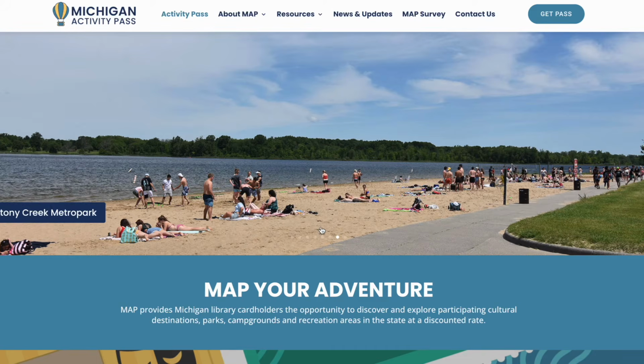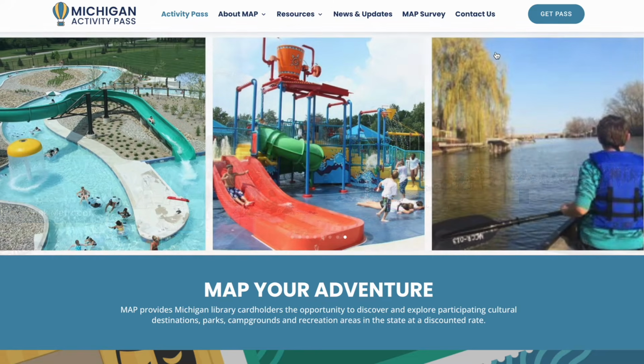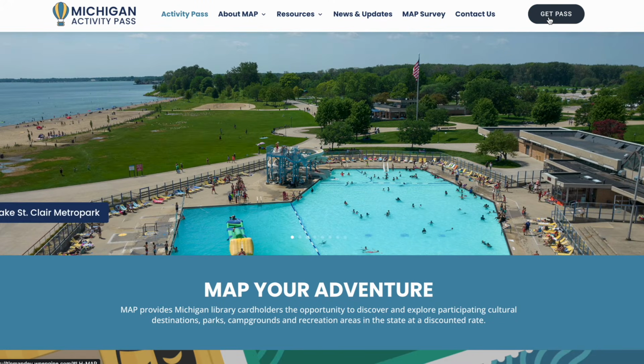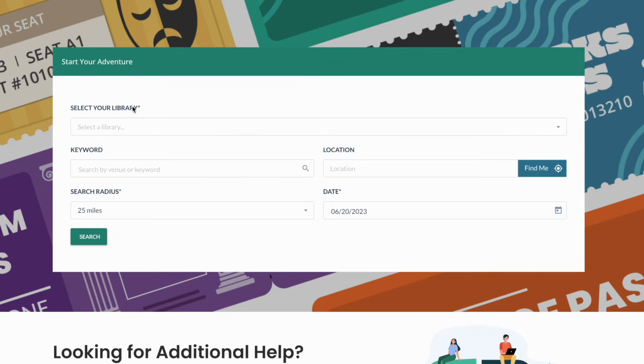Today we're going to learn how to reserve your Michigan Activity Pass. The first thing you'll do is remember that you have to have a library card. So head to your local library if you don't already have one. The next thing is on the Michigan Activity Pass website, you'll click Get Pass, which will anchor you to start